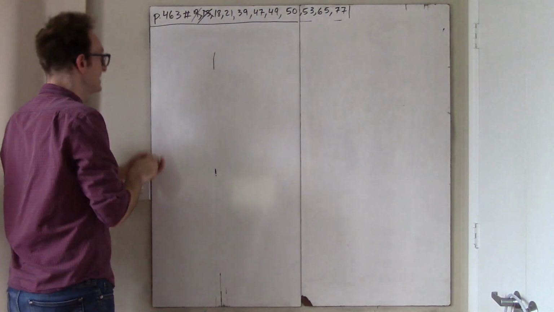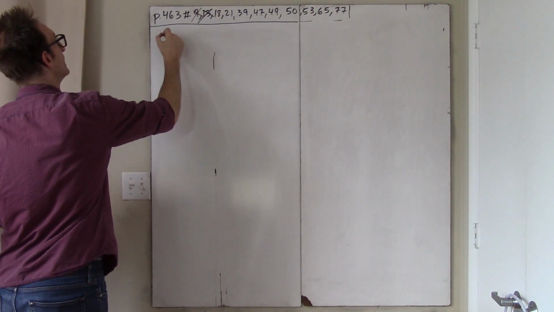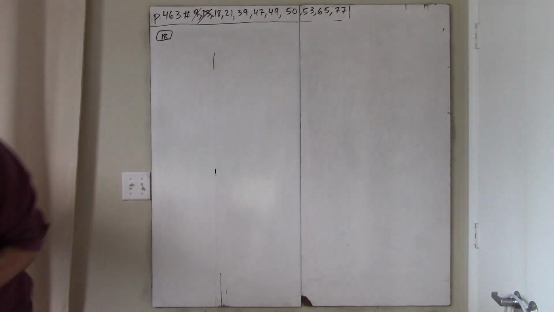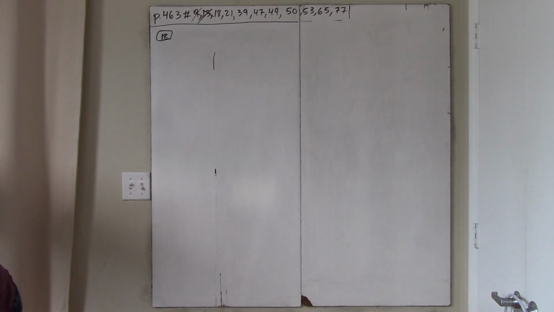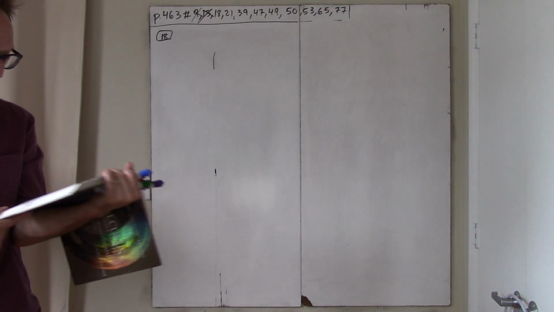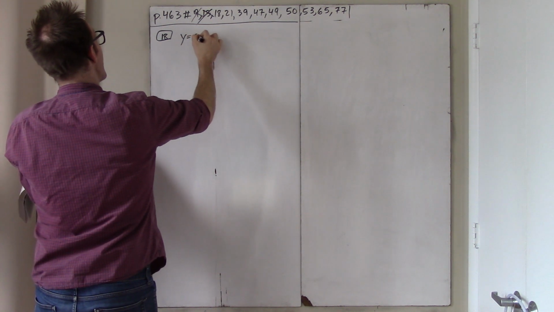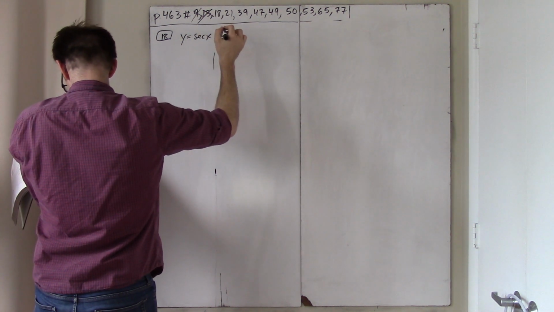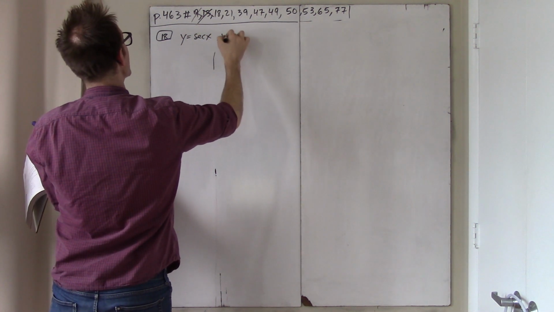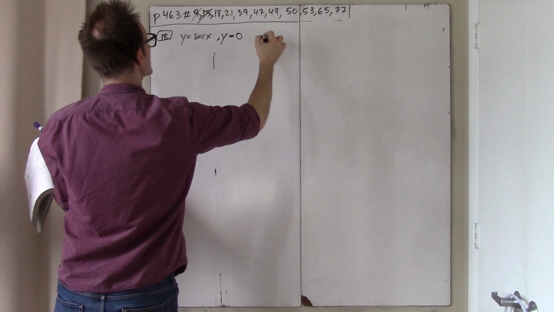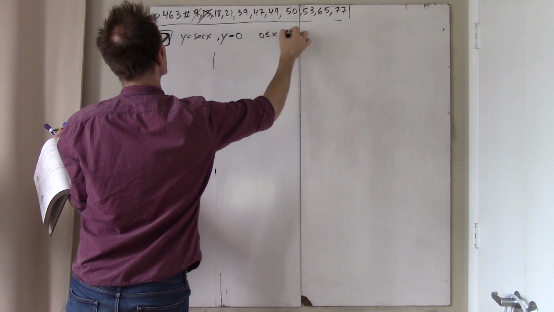Okay, 18. 18 says, find the volume of the solid generated by revolving the region bounded by the graphs of the equations about the line y equals 4. Okay, so we're given y equals secant, and y equals 0, and we're doing all of this on the interval from